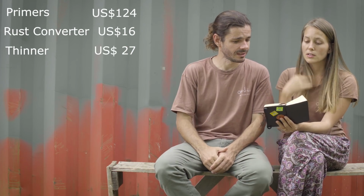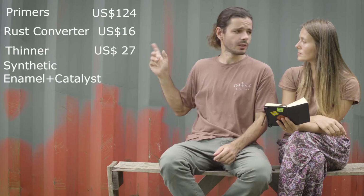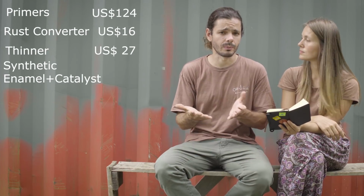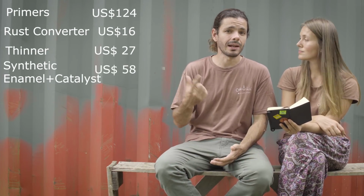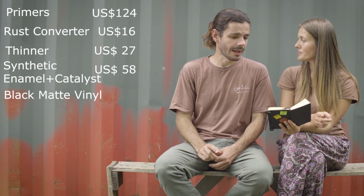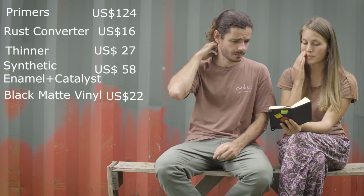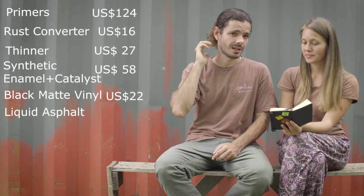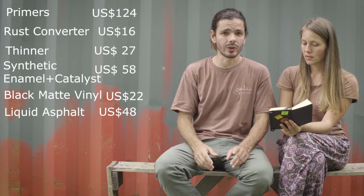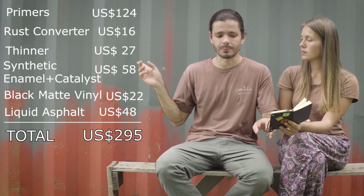That's the thinner. Synthetic enamel includes the gray one that we paint the metal, not this one, but the windows, and it's going to be the color of the shipping container in the future, and the white one that we paint the door. Black matte vinyl we use for the roof and for the supports of the roof. Asphalt paint is basically for the roof. We used 6.3 liters of asphalt paint total on the roof,